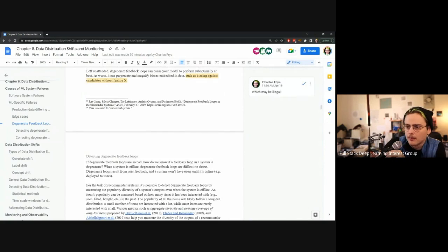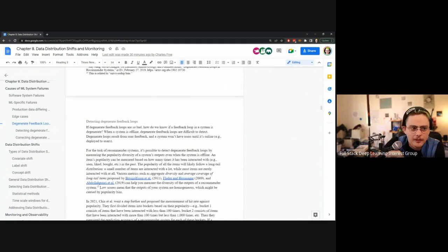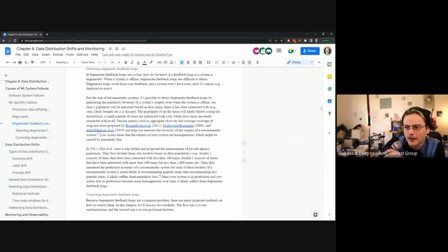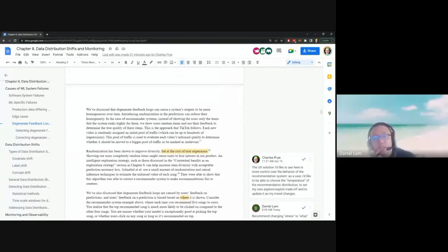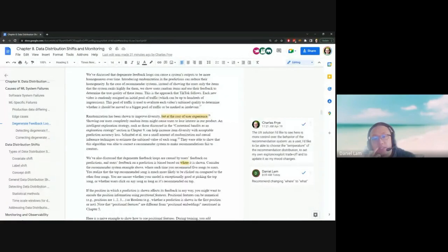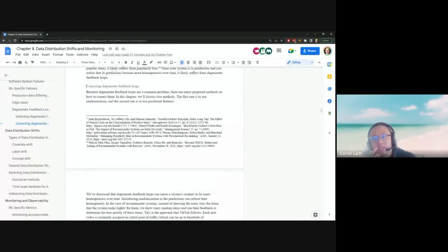So there's, I think, recommender systems. I don't have a ton of experience with recommender systems, so I can't comment on how well these methods actually work for them. But it is something that people are increasingly concerned about, and that people work on trying to resolve. So in the section about fixing the degenerate loops, there's a TikTok example where